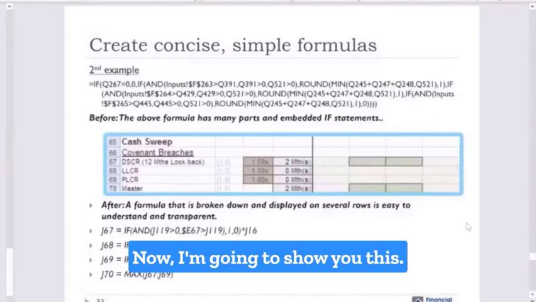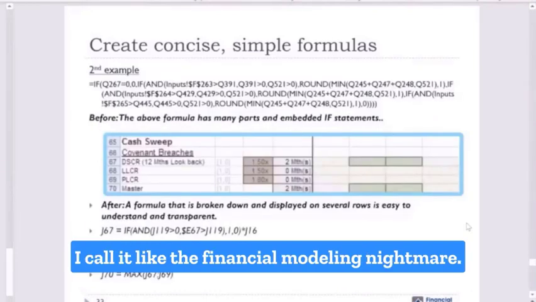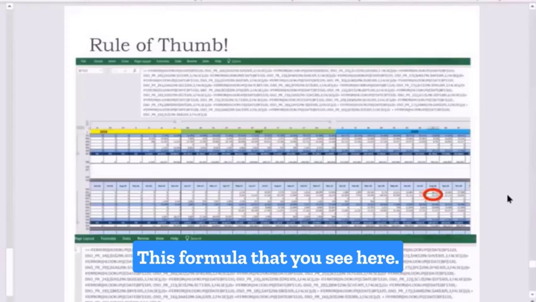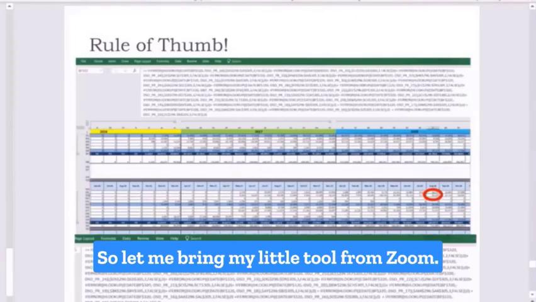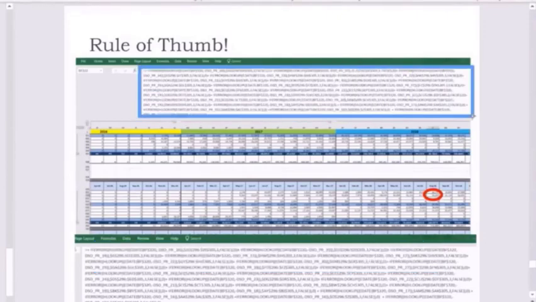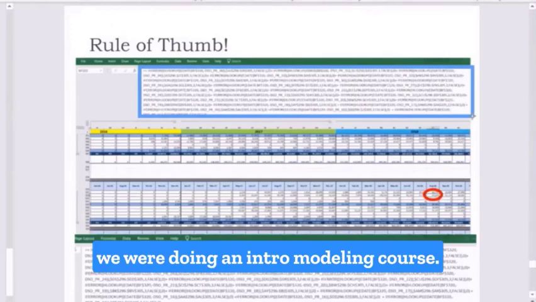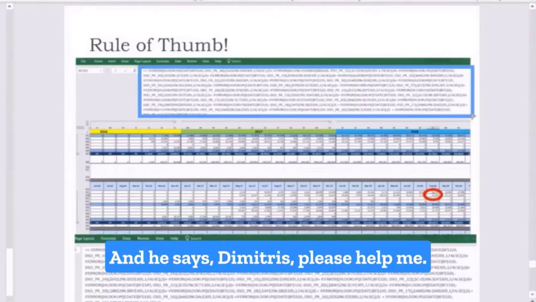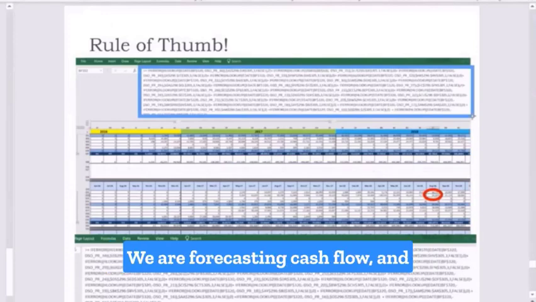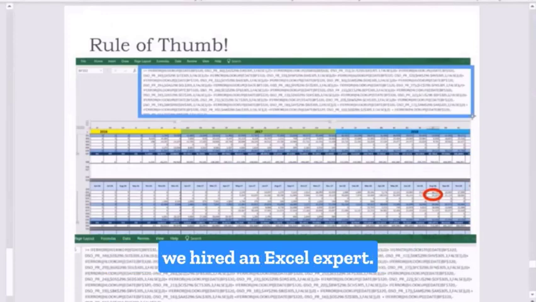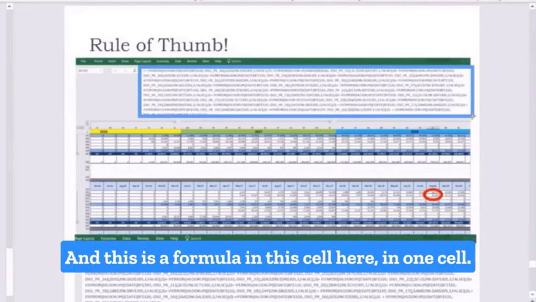Now, I'm going to show you what I call the financial modeling nightmare. This formula that you see here. So let me bring my little tool from Zoom. This is a formula that one of my seminar participants showed me when we were doing an intro modeling course, and he says, Dimitris, please help me. We are forecasting cash flow, and we hired an Excel expert, and this is a formula in this cell here,